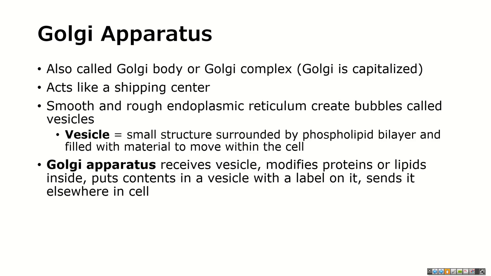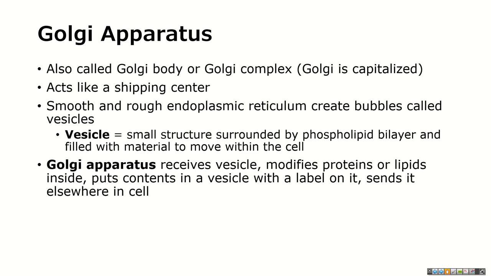And then it's actually going to put a label on it, some kind of molecule that can be recognized by another part of the cell. And then it's going to release that vesicle, and that vesicle is going to be carried somewhere else in the cell. Now, that vesicle can either go to another organelle,